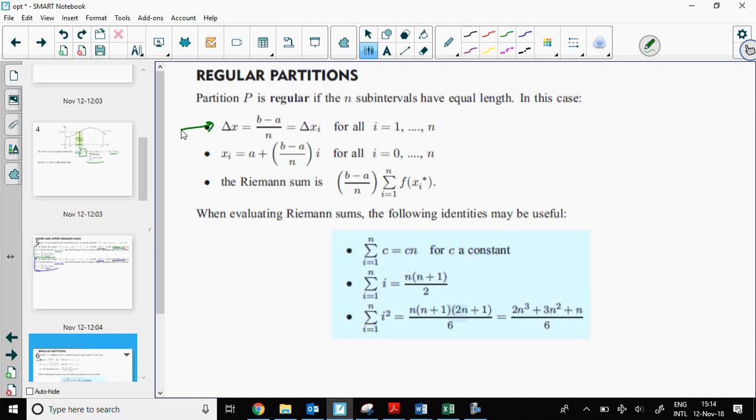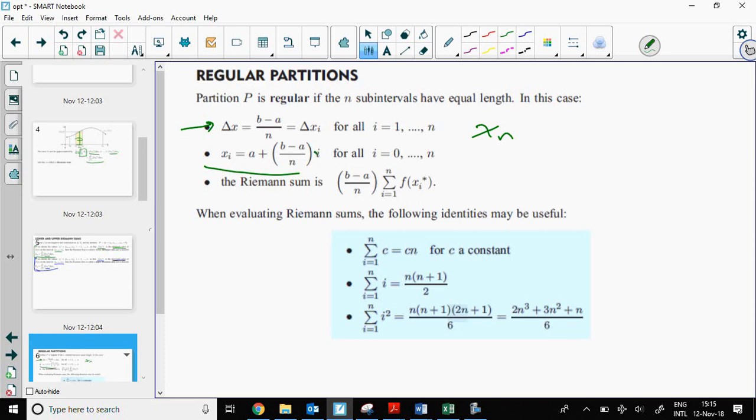For choosing x sub i, let's think about this. There's a lot going on there, right? Well, let's use this formula. What's x sub 0? We said before that x sub 0 should be a. Is that what I'll get out of this? Yeah, because then i would be 0, that term would drop out, and I'd be left with just a. If I wanted to try x sub n,